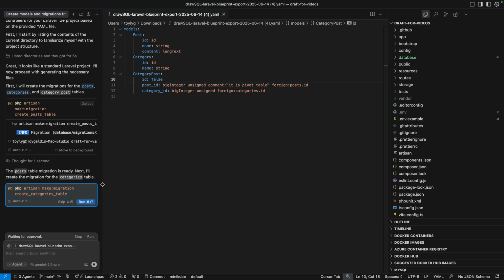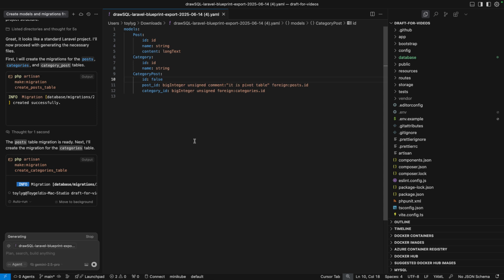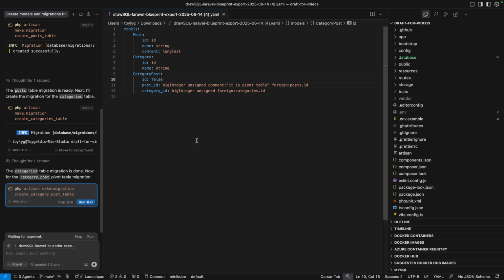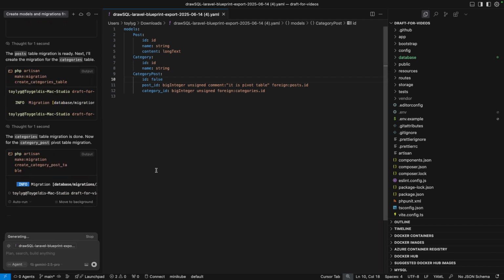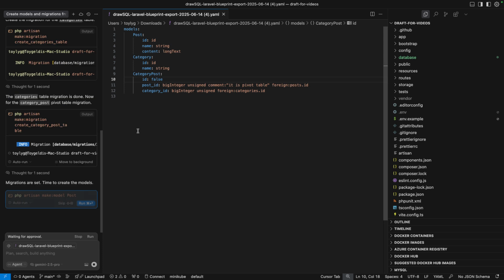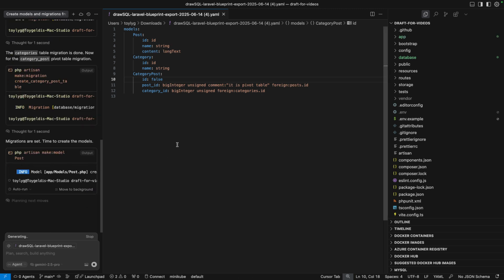Why not the model though? Where are the models? All right, we're creating our pivot table. I thought I wrote model there. Okay, it's going to make the model separately, even though it could make it together. That's fine.